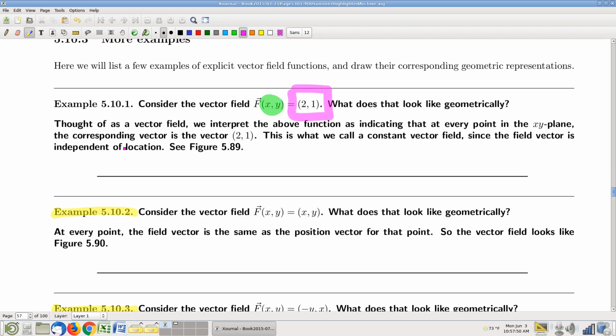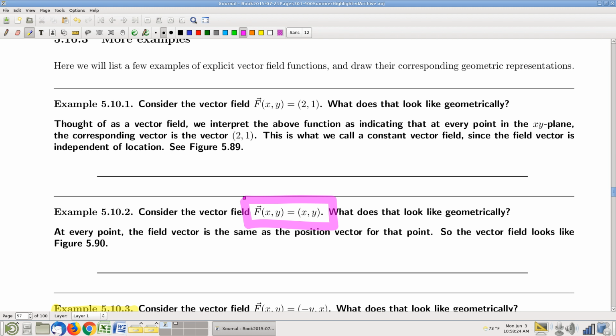Here's another one. Now this is different. F of xy is equal to xy. Now there's a temptation to call this, wow, what a simple vector field. This function takes x, y, and it doesn't do anything to it. There's a temptation to think this is a picture of some singularly convenient vector field, because after all, nothing happened, right? So